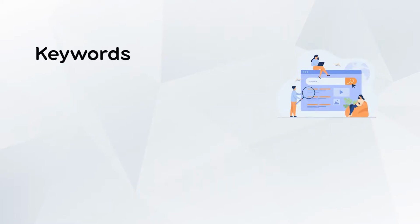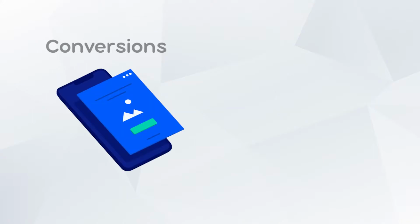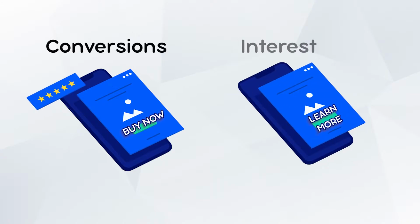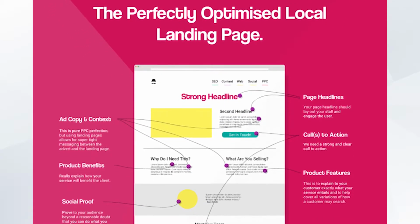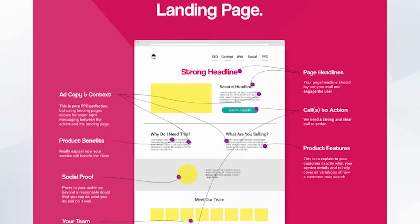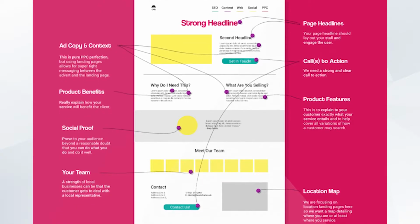So, keywords. Each landing page will focus on a single keyword, and the content on the page, as we said, will be ultra relevant to this keyword. The page may be designed to be a conversion page or to create high interest and then convert through links to the appropriate product or service pages on the main website. This means the content on the page can vary widely and will depend on the goal of the page and how we can best serve the customer that ends up on it. There's no template or one size fits all, but there are general rules to follow for best results,